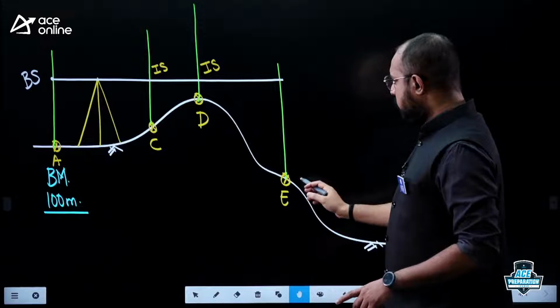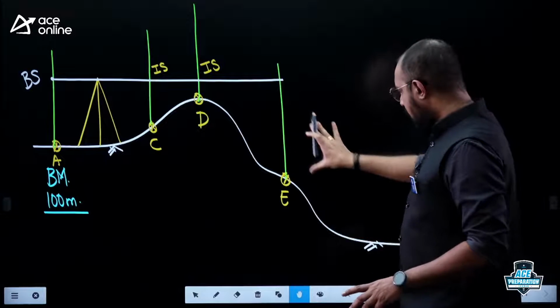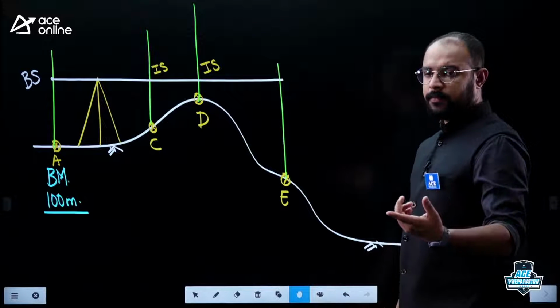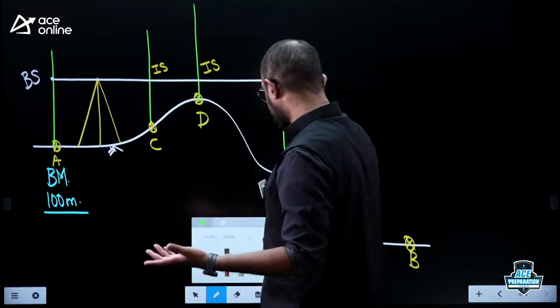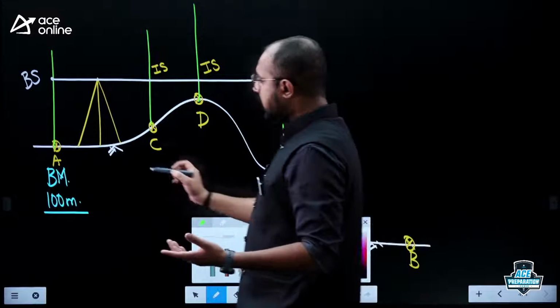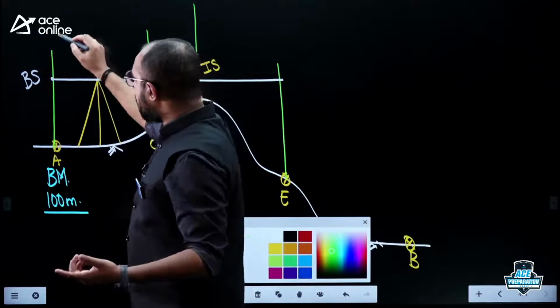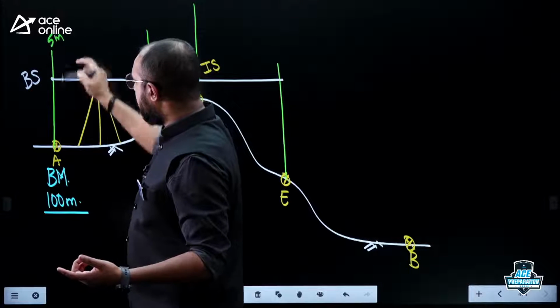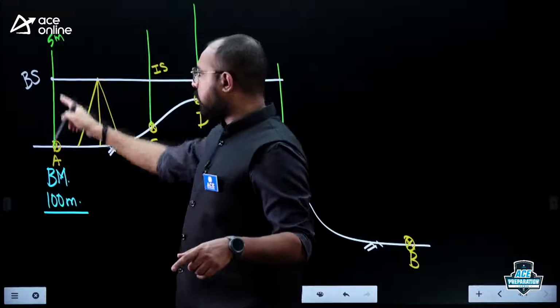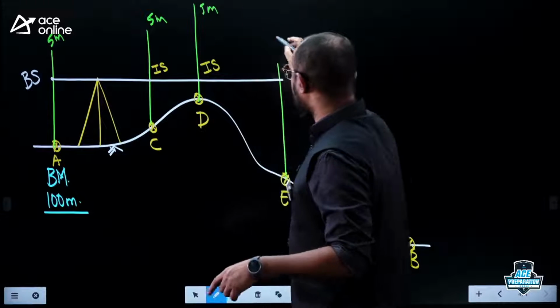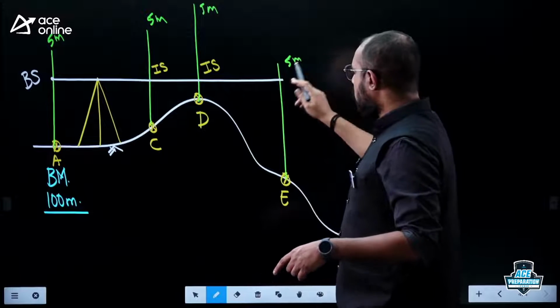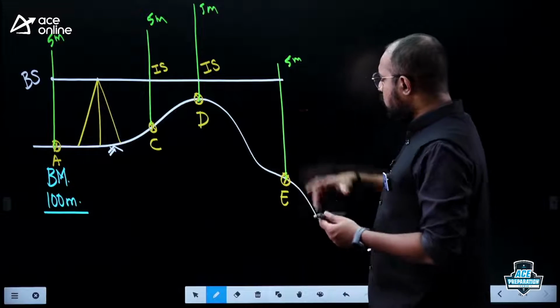See, beyond this particular point E, if I bring down my leveling staff, what will happen? Always remember, the leveling staff will always have a fixed length. So if I use the telescopic staff, I'll get a maximum value of 5 meter: 0 meters at the foot of the staff, and 5 meter here. Right. Now almost the entire 5 meter length is utilized.